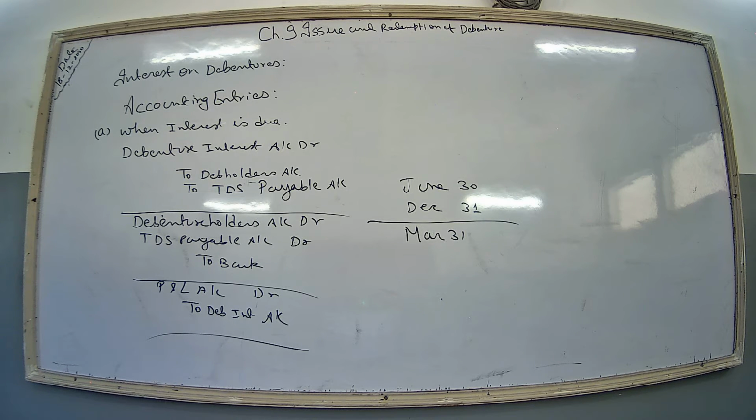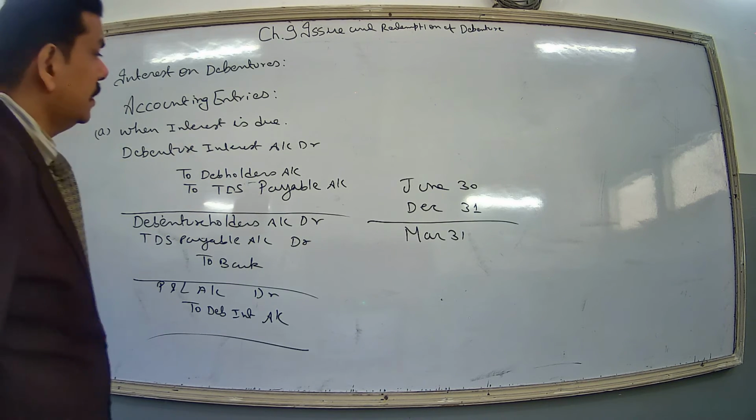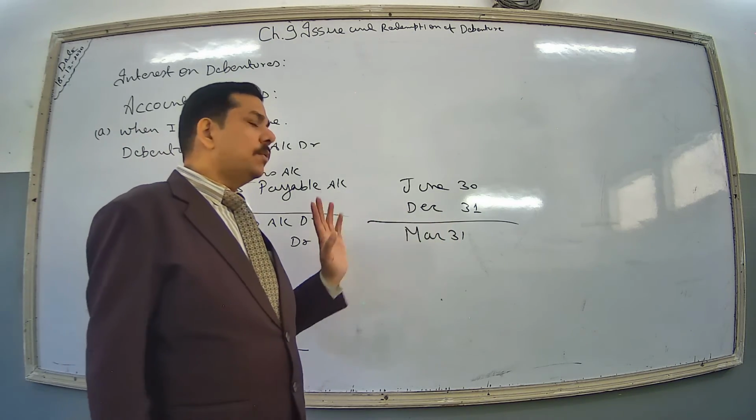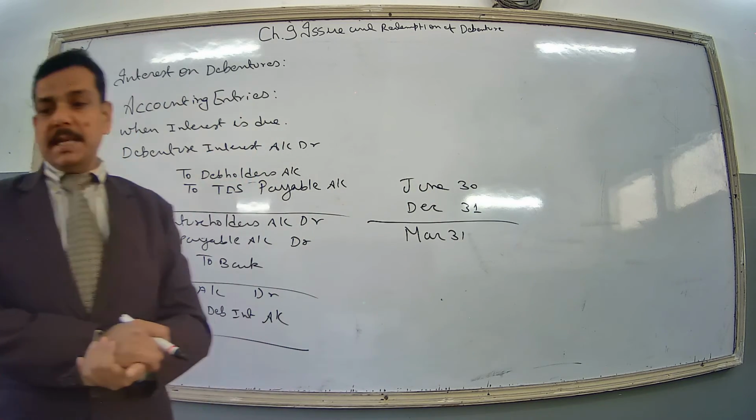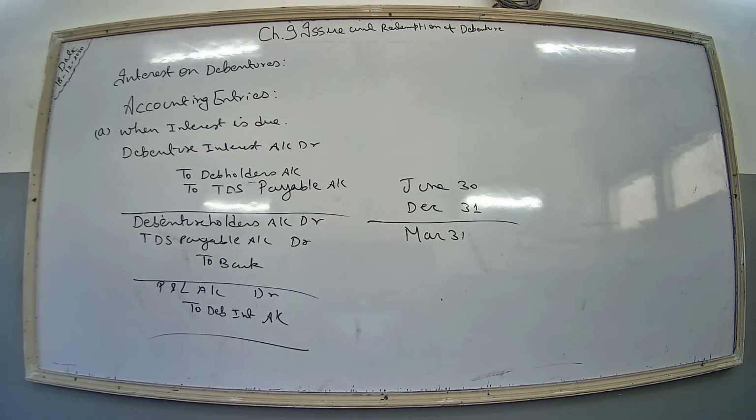If the date of payment of interest and accounting dates are different, interest accrued but not due account is credited at the year end to maintain accounting records on accrual basis. For example, interest is paid on debenture half yearly on 31st December and 30th June, whereas the accounting year ends on 31st March. The company following accrual concept accounting will provide interest for the period of 3 months from 1st January to 31st March and will credit it to interest accrued but not due account because it is payable on 30th June. Okay, so on December, interest accrued and due will be there, and on 31st March, interest accrued but not due balance will show. See, one example is given.